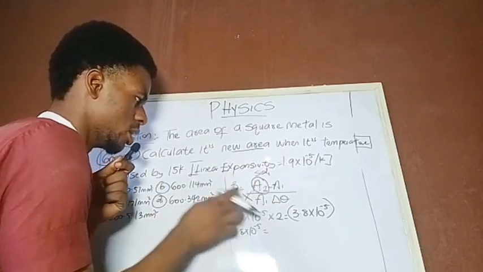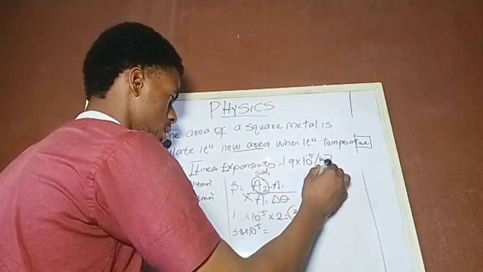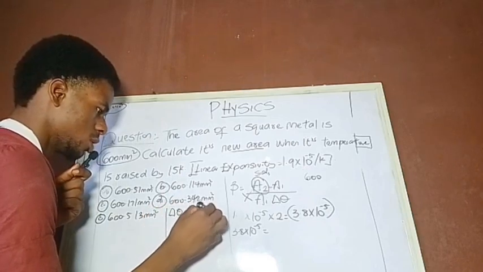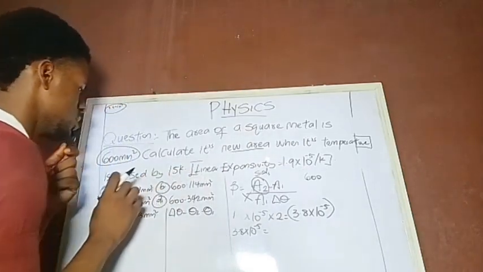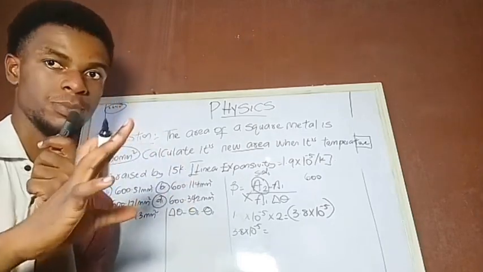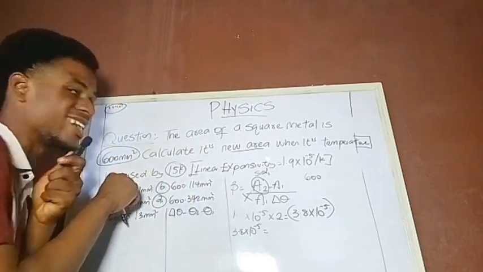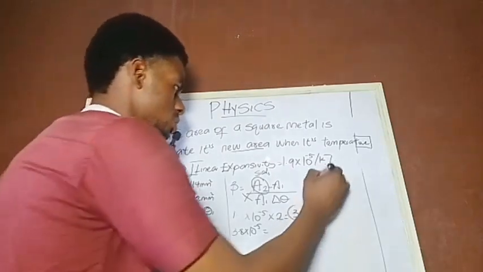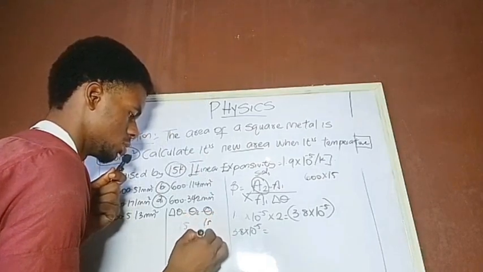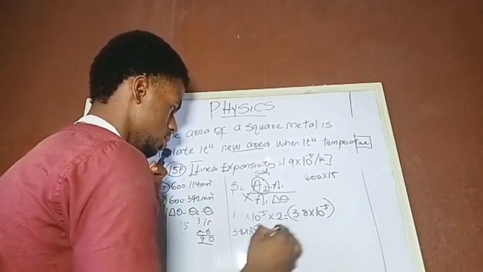So what do I do now? I'm going to cross multiply. So this will times this. This A1 is giving us 600. And change in temperature, remember, change in temperature equals theta 2 minus theta 1. Is it given? It is raised by 15 K. So this 15 K is our change in temperature. There's no need of us doing theta 2 minus theta 1 again, because only one temperature is given to us, and they said it is raised by 15. So 600 times 15. What do we have? 15 times 6 will give you 0, take 3. 6 times 1, 6 plus 3, 9. So we have 9000